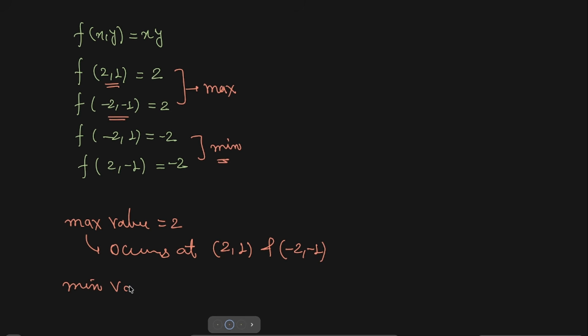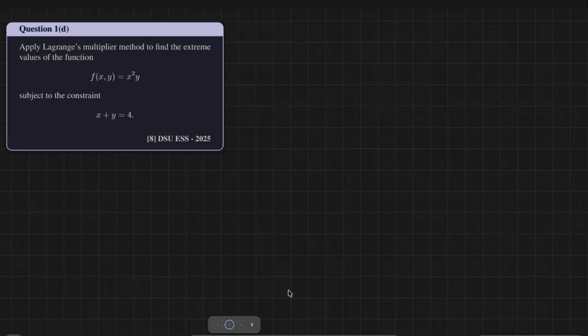Similarly, the minimum value of the function is minus 2, and it occurs at minus 2 comma 1 and 2 comma minus 1. In such a way you have to solve this question. Okay, now come to the next question. Again, in a similar manner you can solve this question also. The condition has changed. Now here f of x comma y is given as x square y,